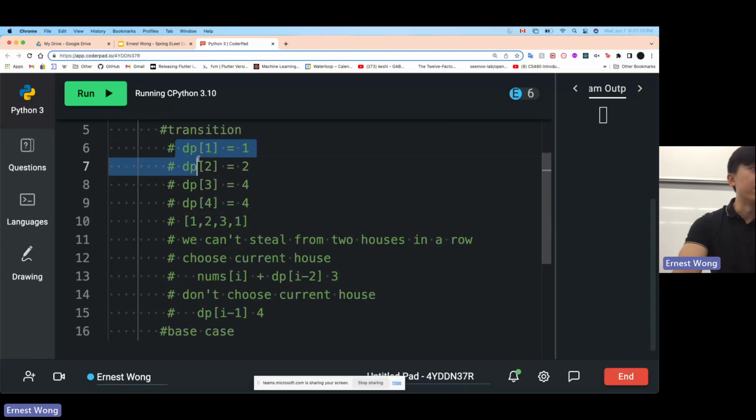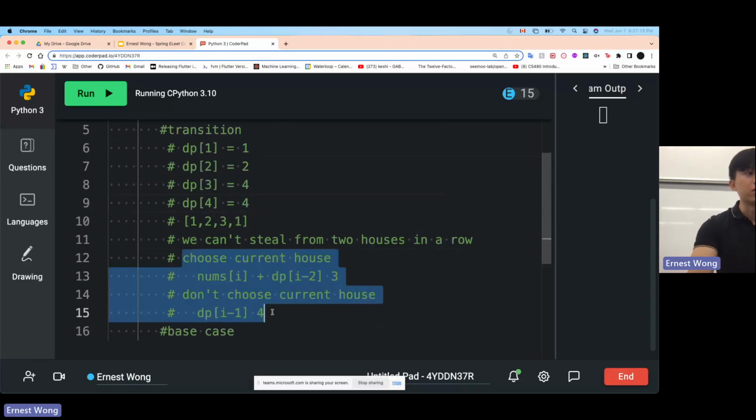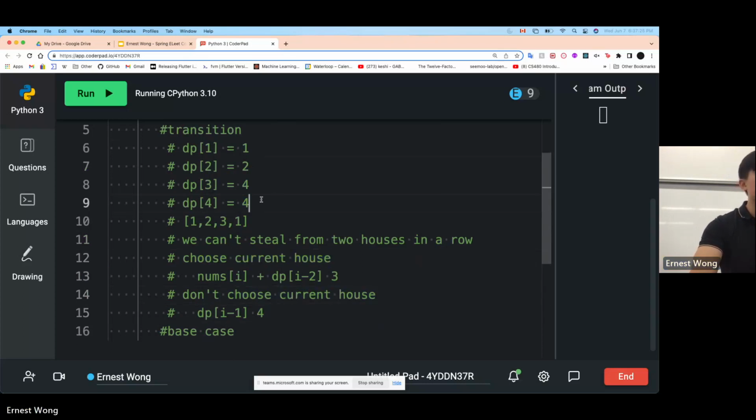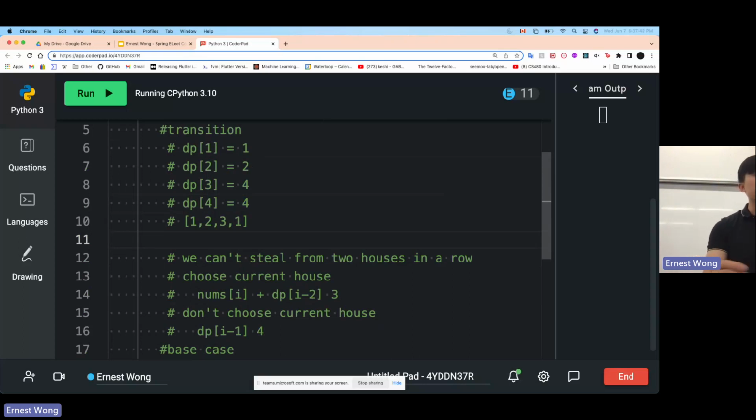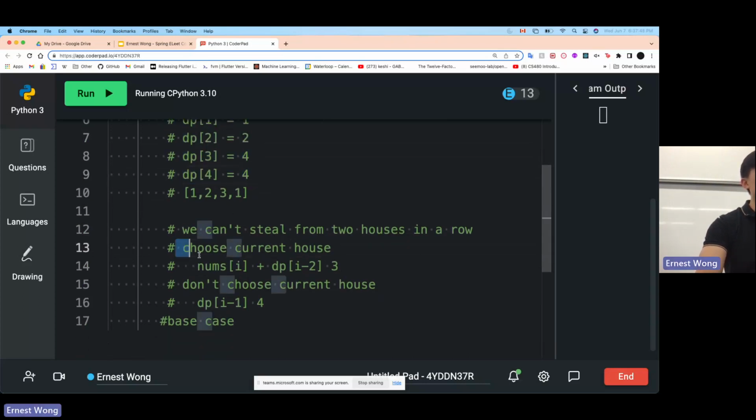Oh, well, I first got them just by doing brute force. I tried all the combinations. But after that, I verified it using our new solution, where we either choose the current house or we don't choose the current house. If we try all the possible combinations, you'll realize that the maximum value is 4. That's kind of why we want to do the brute force solution first, so that we can do it ourselves on paper to see what our values are for DP. And that way we can motivate ourselves towards this solution and also verify our solution.